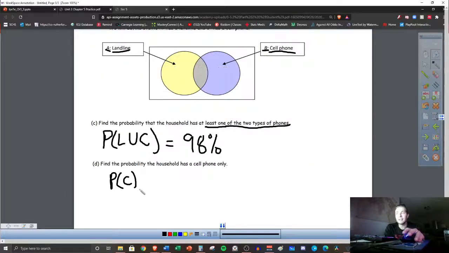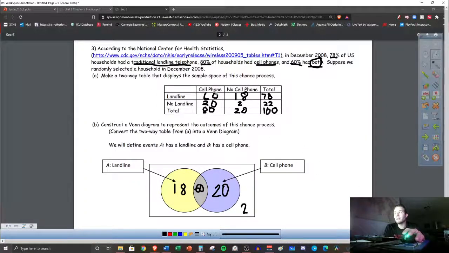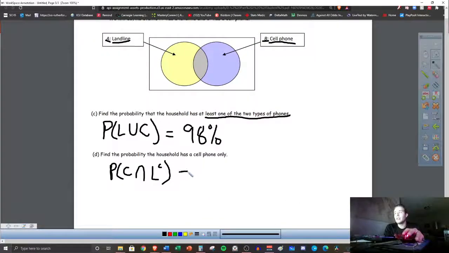So symbolically, we're going to put this. So cell phone, and then we have the intersection, the and. We want no landline. Okay, so no landline. Look at the table. Where does that happen? Cell phone, no landline. Right here, it's this 20%. The Venn diagram actually makes this pretty easy. This is where only people have cell phones, no landlines at all. So that is what we want. It's the 20%